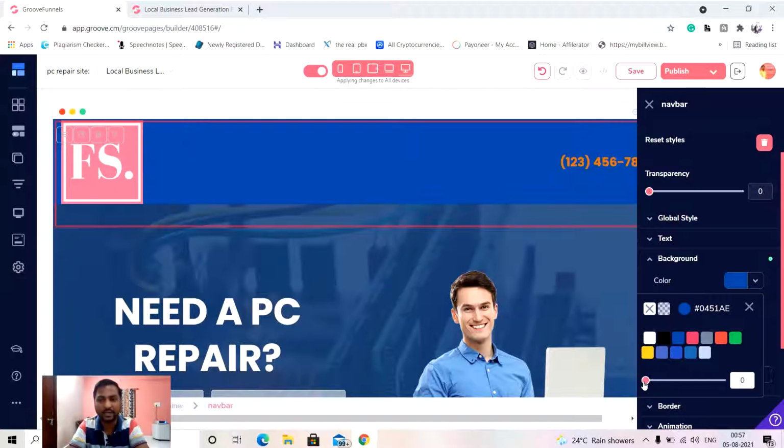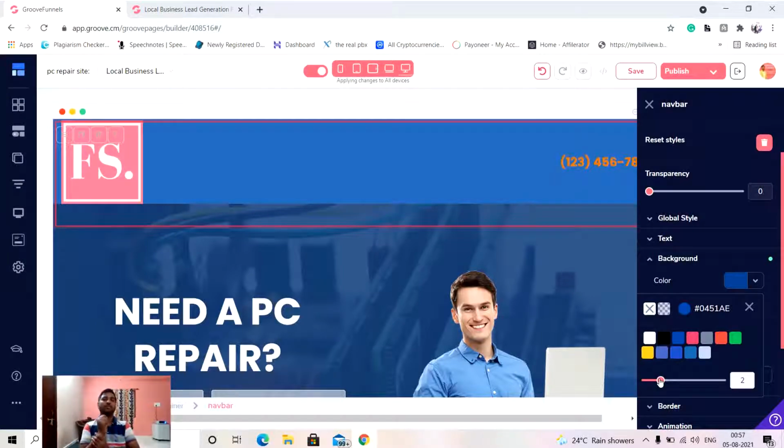Okay, so you can use the slider button from the bottom and make a little bit of changes to the color over there. Always try to choose the color which suits your brand name. Right now it is still not good according to me, because my logo is in pink color, which is like a groove color, and I have given a background in a blue color, so it's not that much cooler for me.